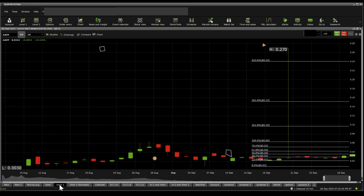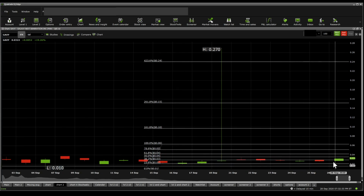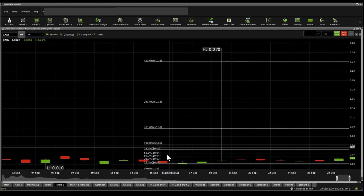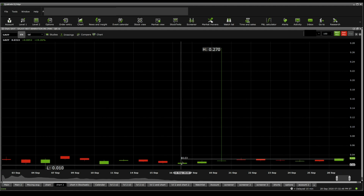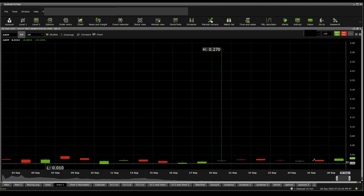Taking a quick look into the charts, what we get to see here on the Fibonacci retracement is that a support and a resistance occur at almost every 0.01 interval, so that is interesting to see. If we look into significant supports and resistances, there is a significant support at the current level, 0.03 cents, and then 0.025 and 0.02